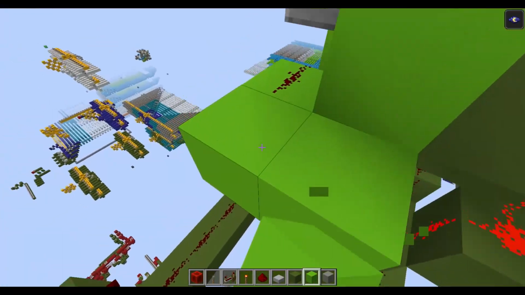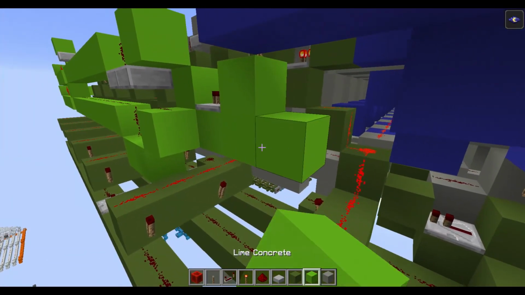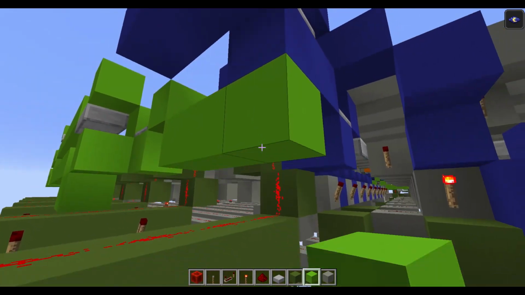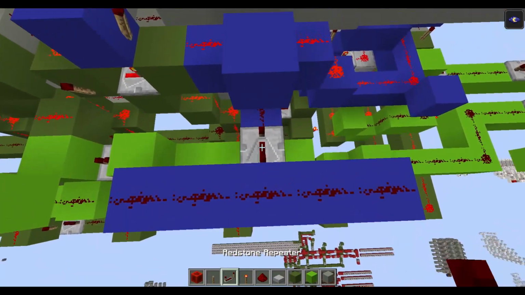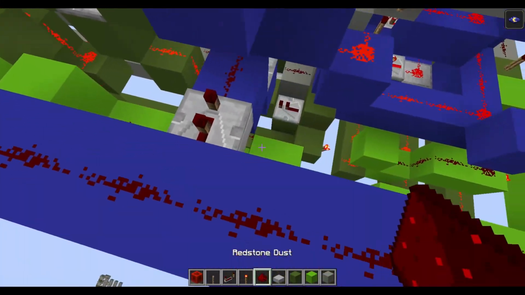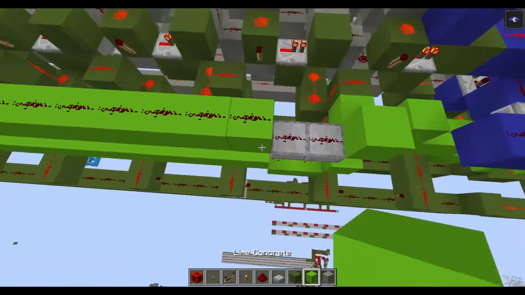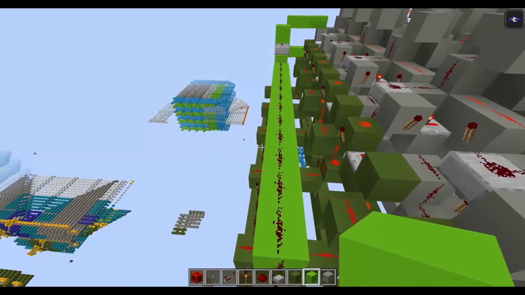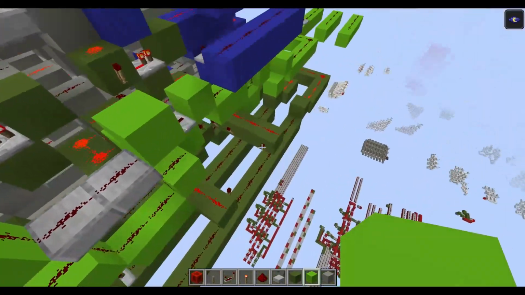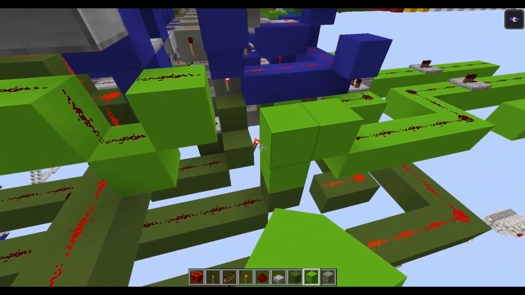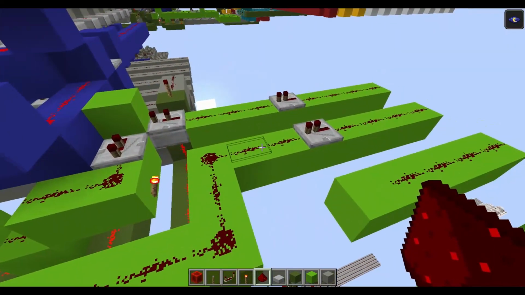So you need to do something like this, and then go down. So we need here a slab. No, only 2 ticks. And then wire all these things. I've made a mistake with this line. It's one block at the right here, not on this block, but on this one. And here you can connect all those things. I think it's good.